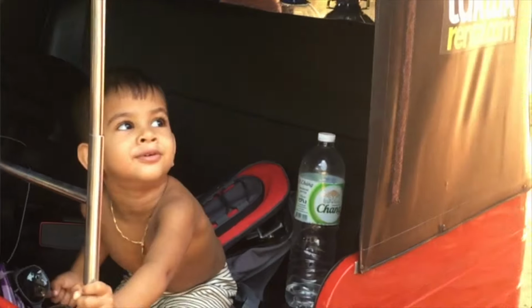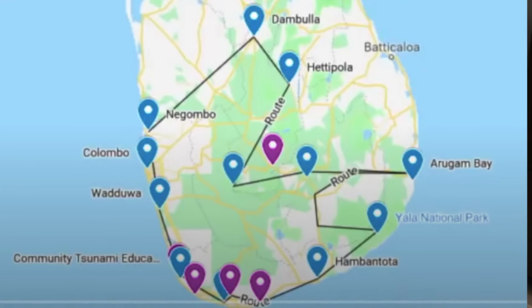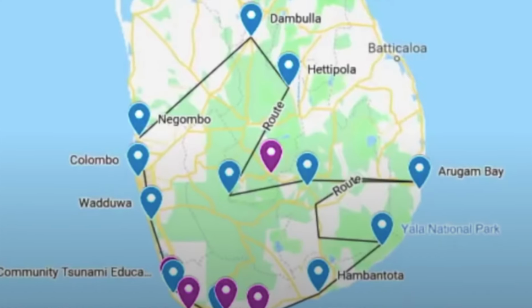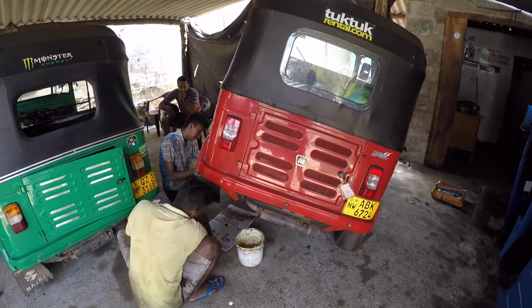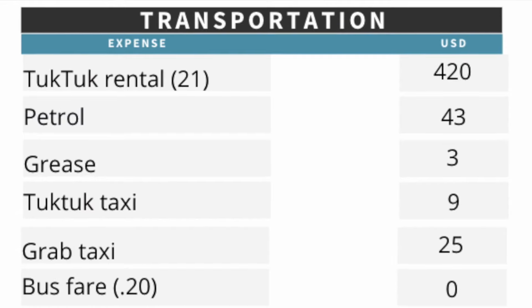Our rental cost in total was $420. We drove a total of 12,063 kilometers, or about 785 miles, with our total gas cost coming out to 43 US dollars. That's about 3 cents per kilometer, or 5 cents per mile. After 1,000 kilometers, you also need to grease your tuk-tuk, so that added an extra $3 to our transportation costs, bringing the tuk-tuk rental total to